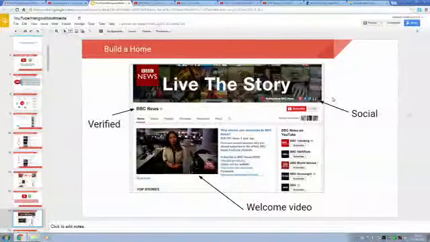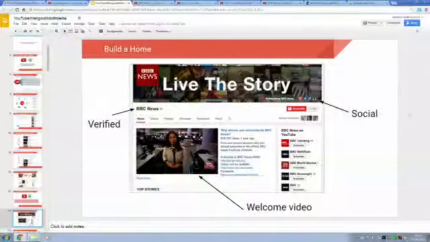First of all, we see YouTube as a channel. There are more and more partnerships between different news outlets and YouTube. It's a very powerful tool to distribute your video content. It's very important, though, that you set up your YouTube channel in a proper way. So the first thing is build a home. Make your channel recognizable. Make sure that people know that it's your channel and that the content there is under your responsibility, okay? How do you do that?